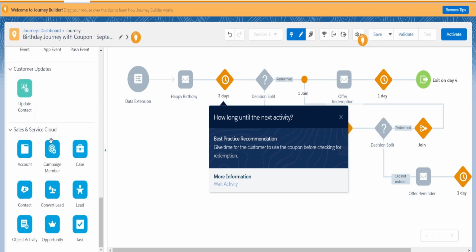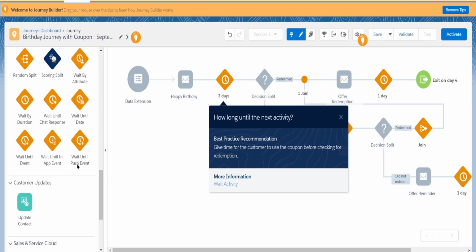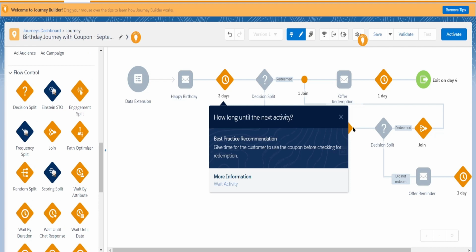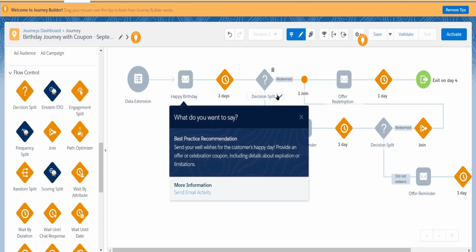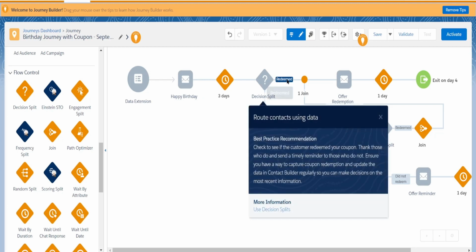So then sales and service cloud, these are also there. Okay, so quickly we'll just look at what is there and what changes we want to make. Here, after sending the first email, there is a decision split. So on the first leg,